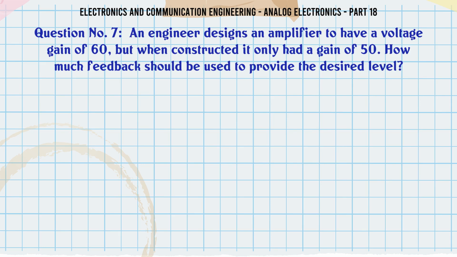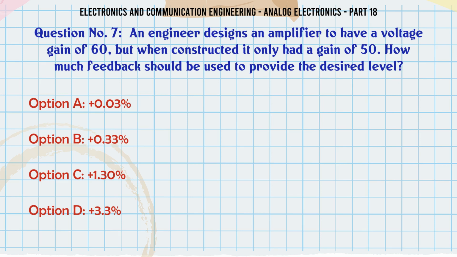An engineer designs an amplifier to have a voltage gain of 60, but when constructed it only had a gain of 50. How much feedback should be used to provide the desired level? A. 0.03, B. 0.33, C. 1.30, D. 3.3. The correct answer is